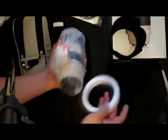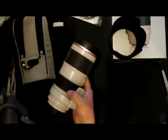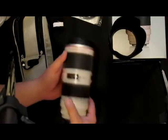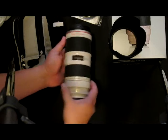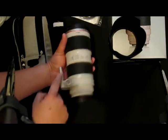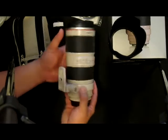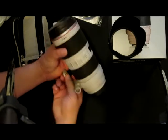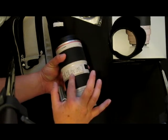I'll take the lens itself. Oh, it's heavy. Oh, wow, there it is. Such a long time, and it's finally mine. So, image stabilized. This is a tripod mount, because the lens changes the center of gravity and makes the camera want to tip over, so they move the tripod mount more to the front. It's got a ring that comes off if you want. It's got different stabilizer modes: stabilizer, autofocus, manual focus,